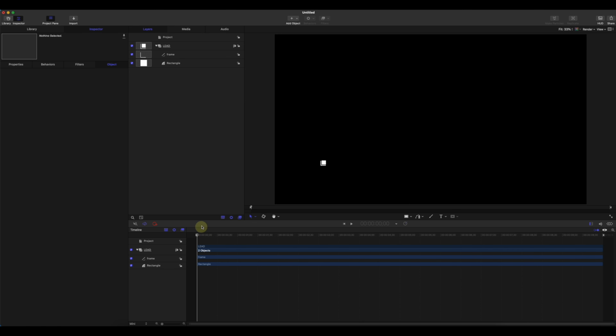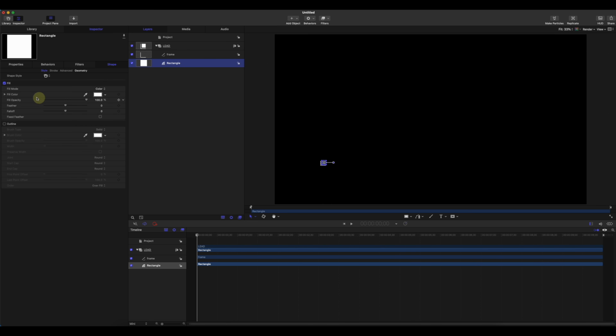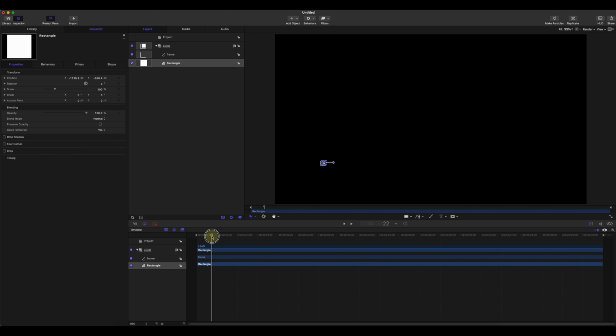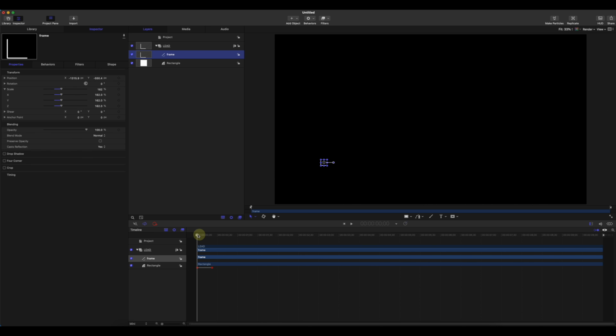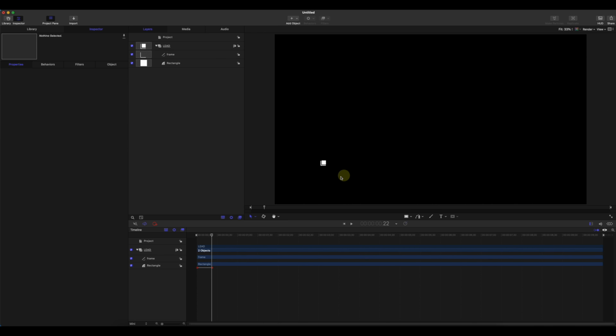Now we're going to animate this one first before going to the next step. I'm going to go to the scale, and use it for the rectangle. We're going to use scale only, keyframe it and put it on the first frame at 0. When this one pops up on the screen,